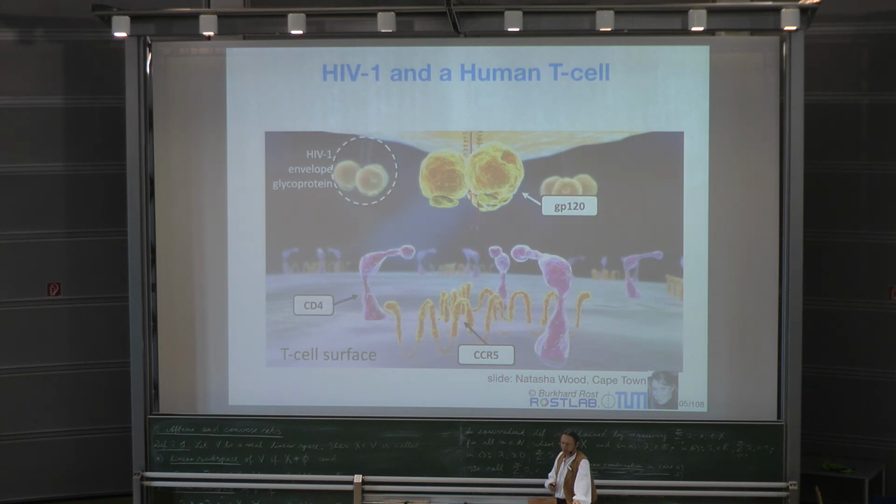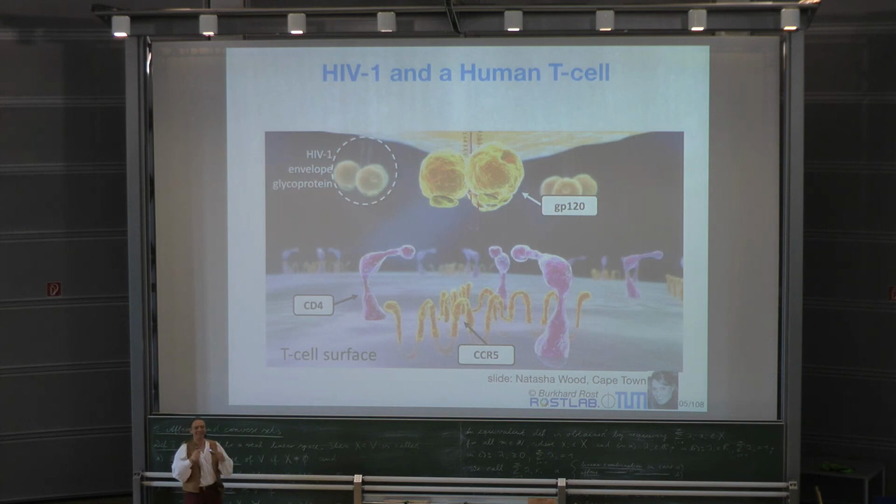Here is an example. The way HIV docks, that is a slide from Natasha Wood from Cape Town. Here you see an image of the HIV envelope glycoprotein. So that's a protein that forms around the HIV virus inside of this bag or a sphere. You essentially have the virus DNA, RNA. And that docks onto the cell in order to put the genomic material of the virus into the cell. The docking is by recognizing this glycoprotein, GP120, glycoprotein 120,